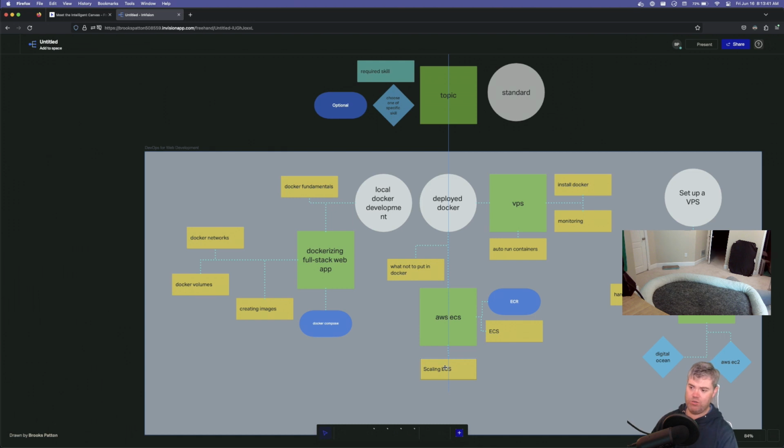I would want to spend a lot more time making sure that I come up with the right standards here. I'm not exactly sure the best way for me to come up with the full list of standards. I think part of it is thinking about projects. Let's say I start with the end in mind: if somebody were to pay me for a course on how to do Docker deployment, like deploying to Docker,